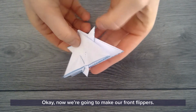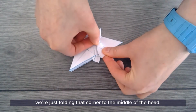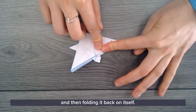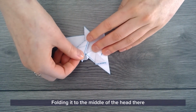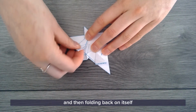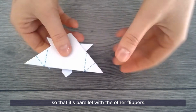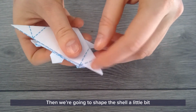Okay, now we're going to make our front flippers. So if you don't have your lines drawn on, we're just folding that corner to the middle of the head and then folding it back on itself. Folding it to the middle of the head there, and then folding it back on itself so that it's parallel with your other flippers. Then we're going to shape the shell a little bit